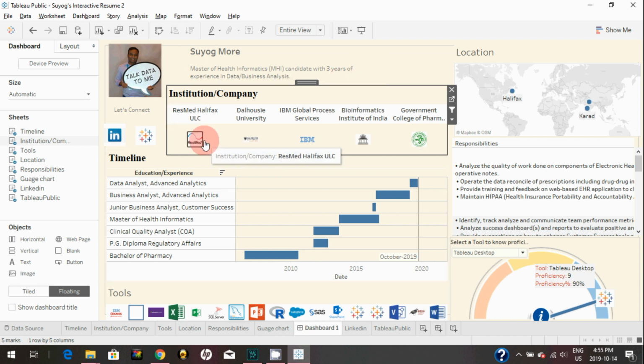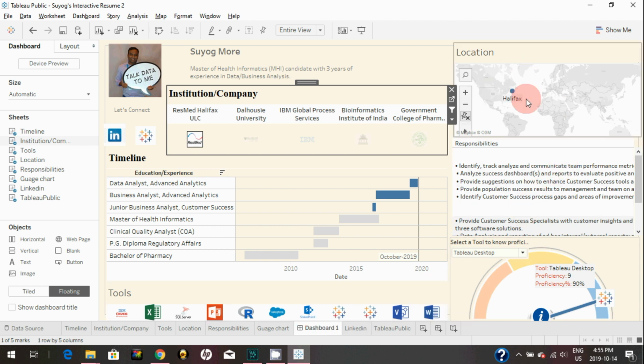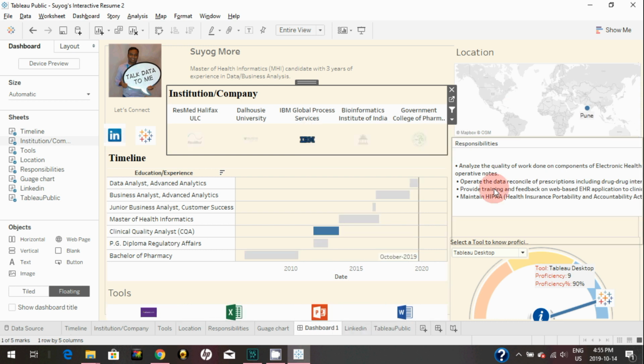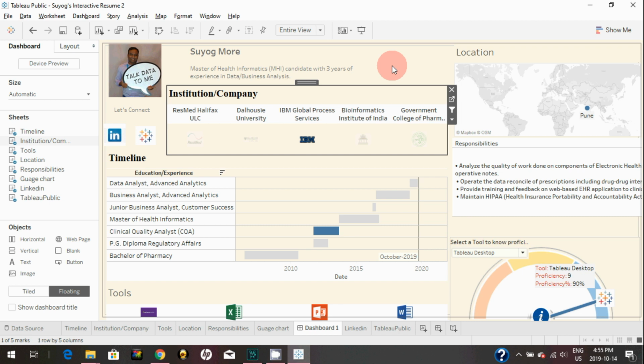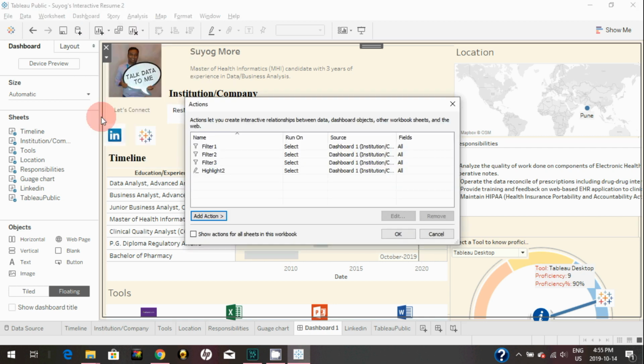So if I now select ResMed, it's highlighting this period in the timeline, also filtering the tools, responsibilities and location as well. If I click on IBM, then yeah, everything is filtering. So now it's interactive. Here, in order to add a hyperlink, go to the dashboard menu, add action,